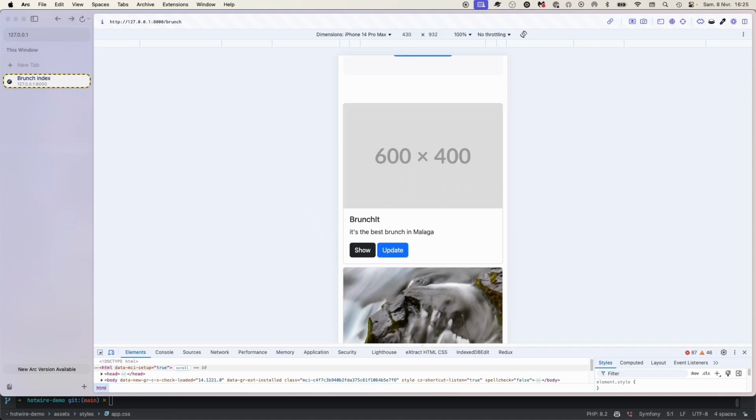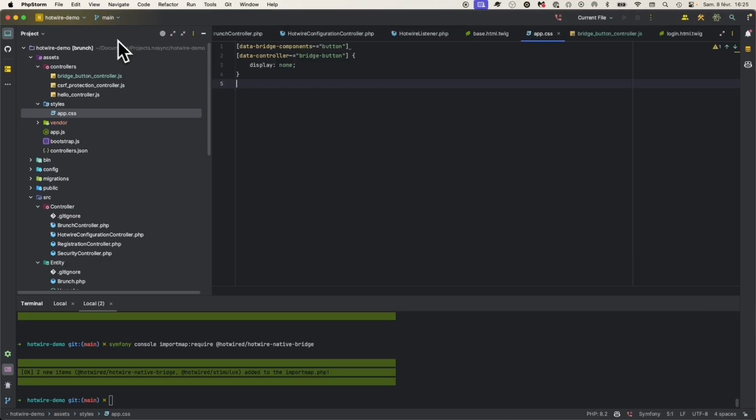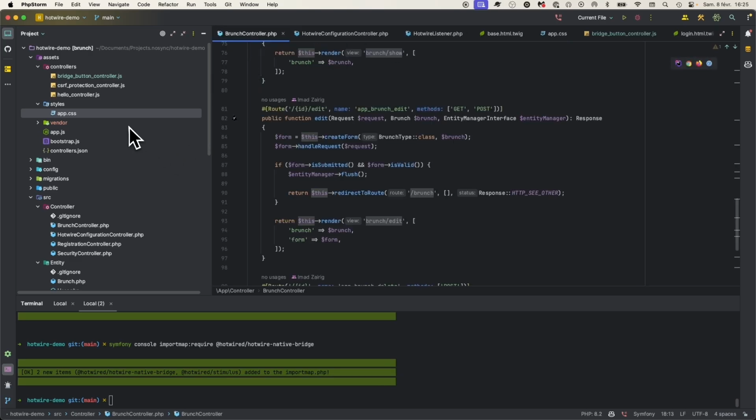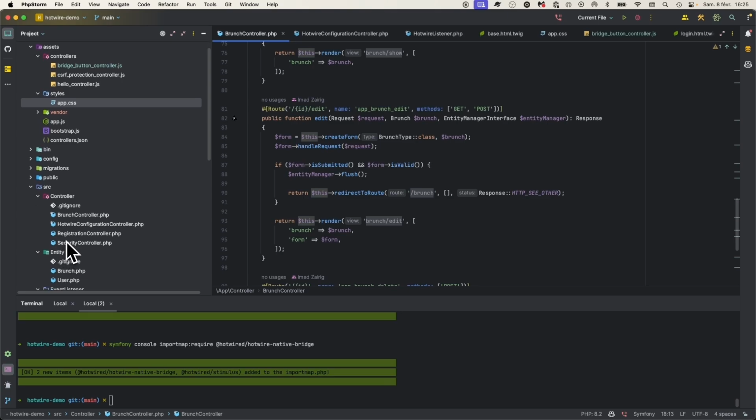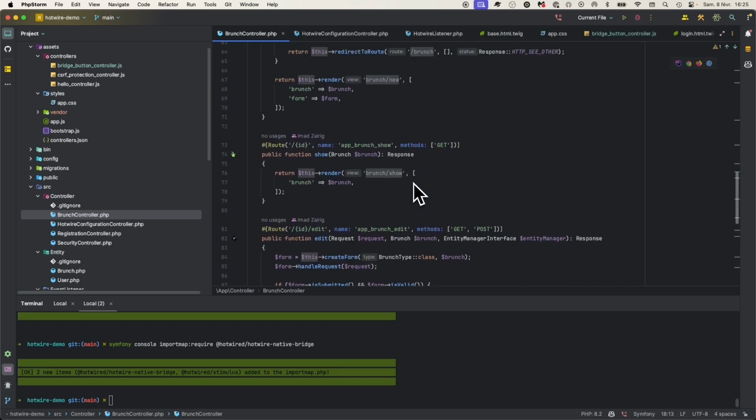Let's see now if I make a mistake, or I just dump something that will return 500 status code. So let's go to our branch controller and let's check for show